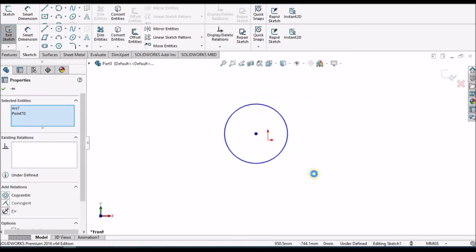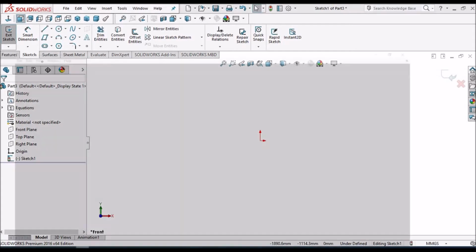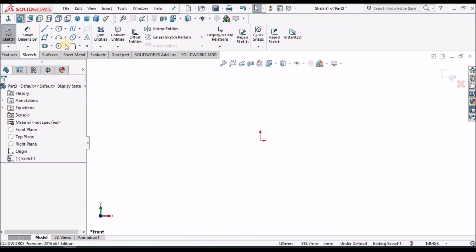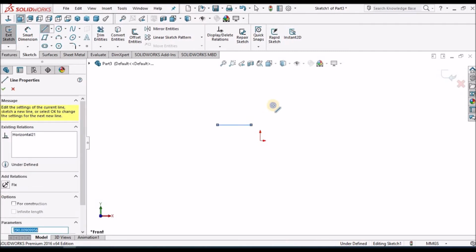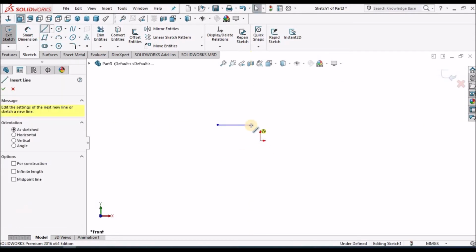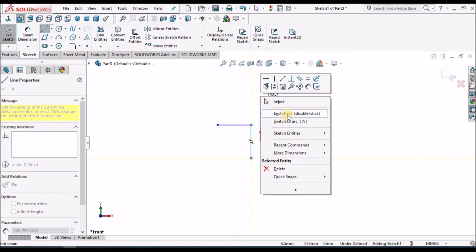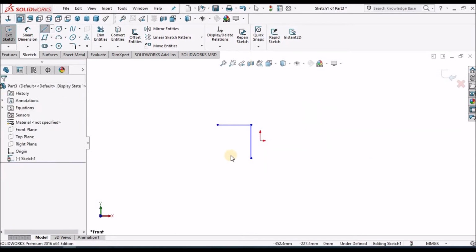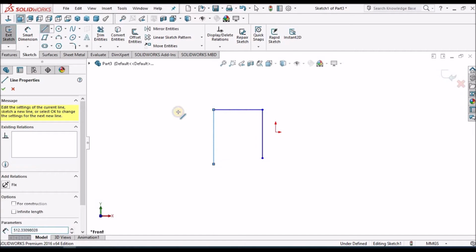So one more option we have for point is, suppose, one more line I am going to draw so that I can show the differences.